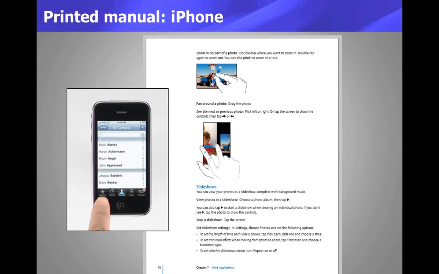So iPhones, iPads, everything that they come out with, they put out a manual, or I shouldn't say printed manual, a manual in PDF format, but essentially it's formatted for an 8.5 by 11 page with the idea that it may very well be printed out. And they use descriptive graphics. They also have